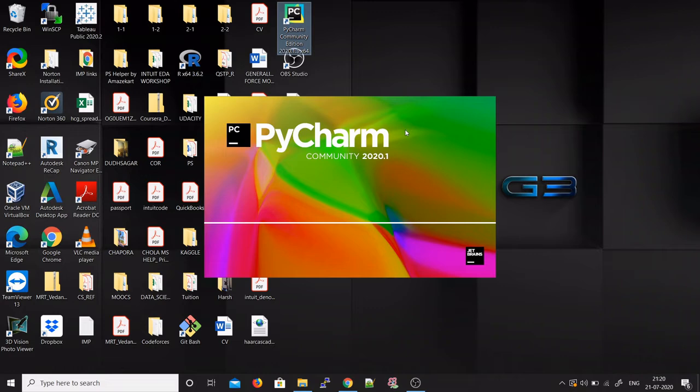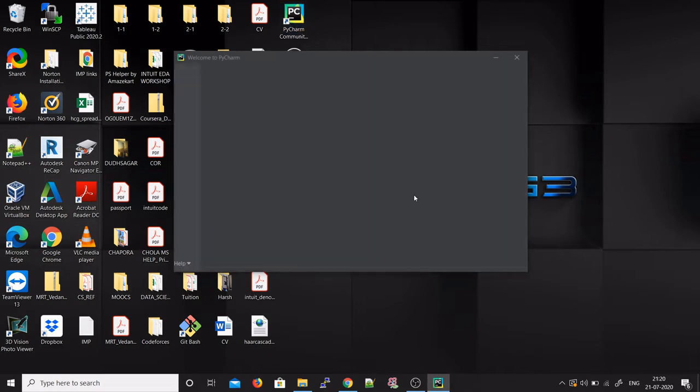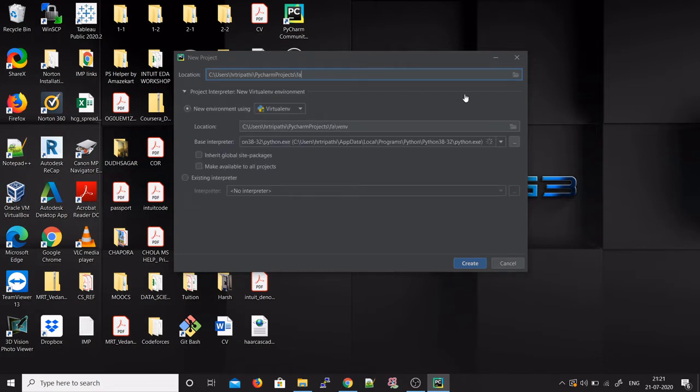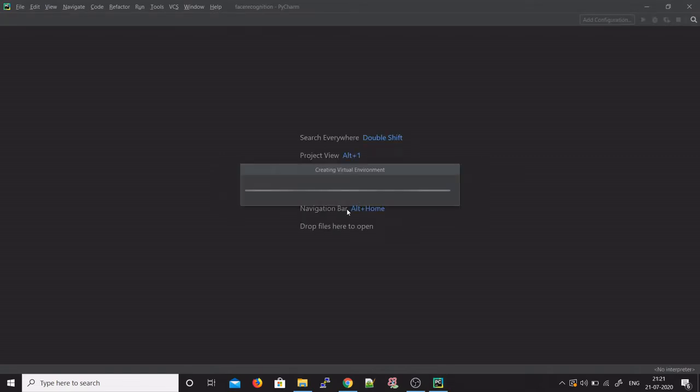Alright, so once you've got PyCharm installed, open that. This is the community open source version developed by JetBrains, and I'll be making a new project. So create new project. This is my directory. Let's say our project is face recognition, and I'll be creating this. All right, cool. It's going to be creating our virtual environment.